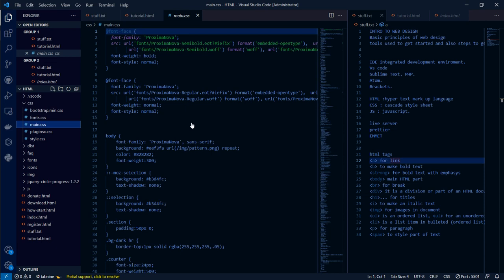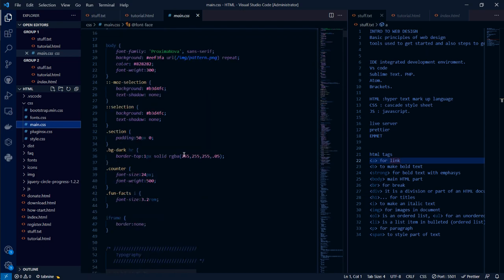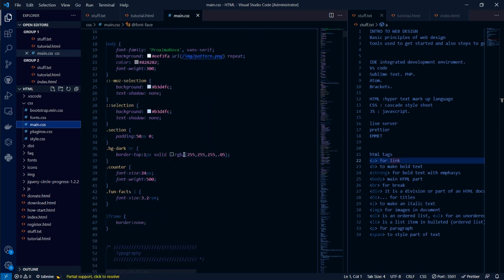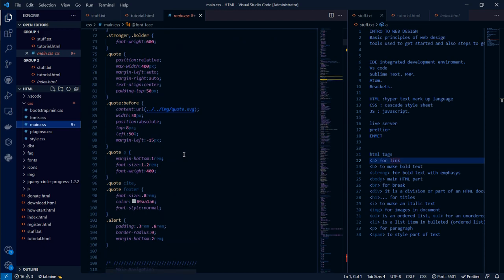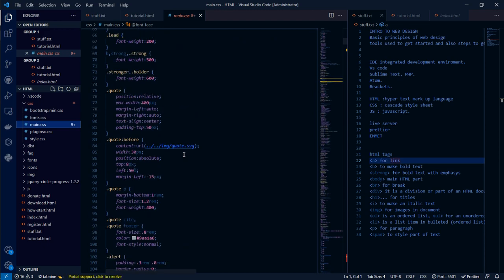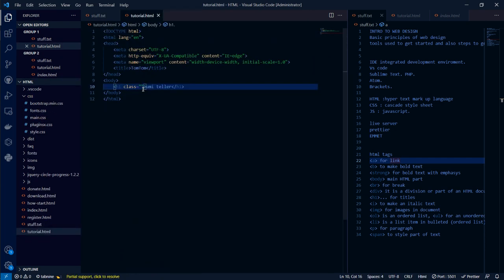Now, for us to be able to get these things, you see the body tag, all these things have a class name, from the body to the whatever shard. They all have a class name, and these class names are what help these things to actually be styled. For you to be able to style with CSS, you need to have a class name or a class. In JavaScript or in React, it's called className, but in HTML, it's going to be called class. So I'm going to name it class Umi.